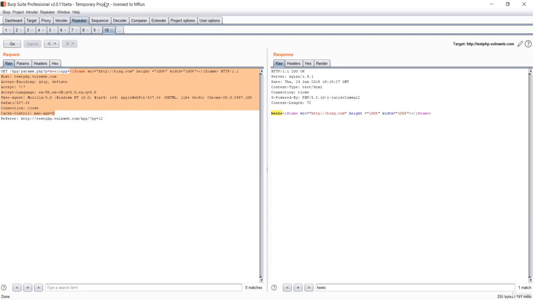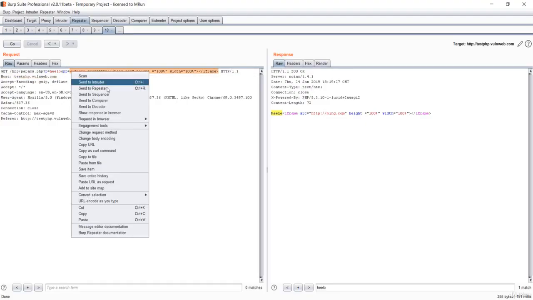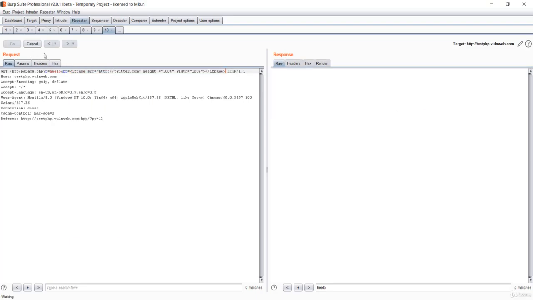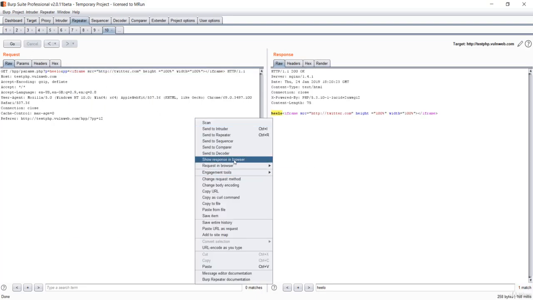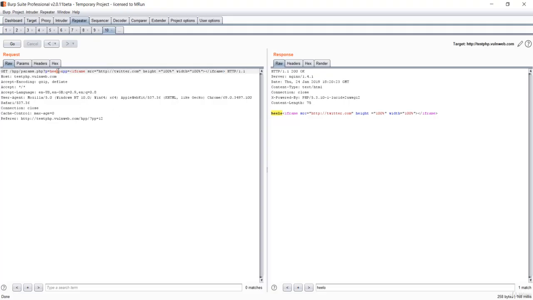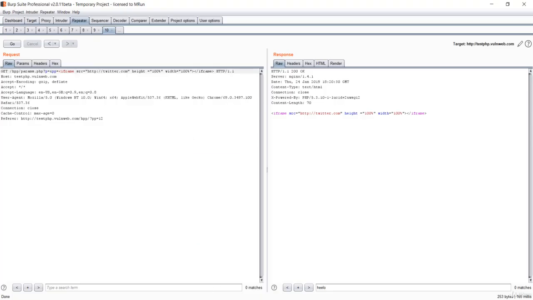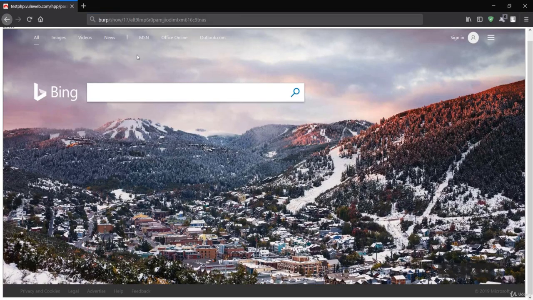If I go to the Burp Suite again and replace everything from here, that is the iframe, with this new link, and press go, then show response in the browser, I'll paste and go again. Let's see what happens here. You will see the Twitter will be loaded right here.